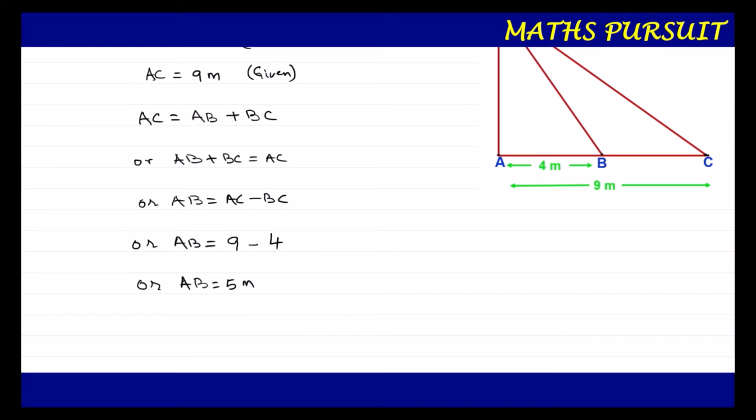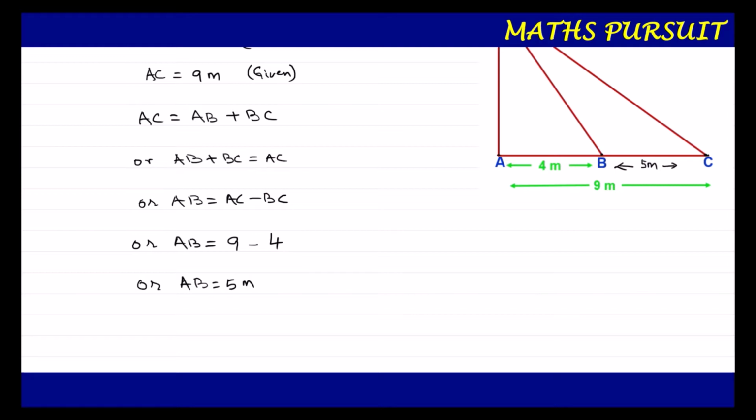Though it is not being given in the question, we can easily extract it. Looking at the figure, a person can easily tell that the distance between B and C is 5 meter. But we need to prove how we got it. Anyone looking at this diagram can say that if the total distance is 9 meter and the other part is 4 meter, then it is 5 meter. But in the exam, we need to write these steps so that we can tell the examiner this is how we got 5 meter.